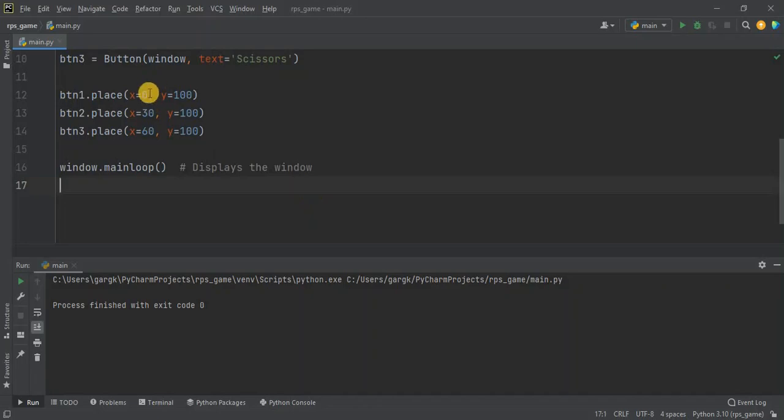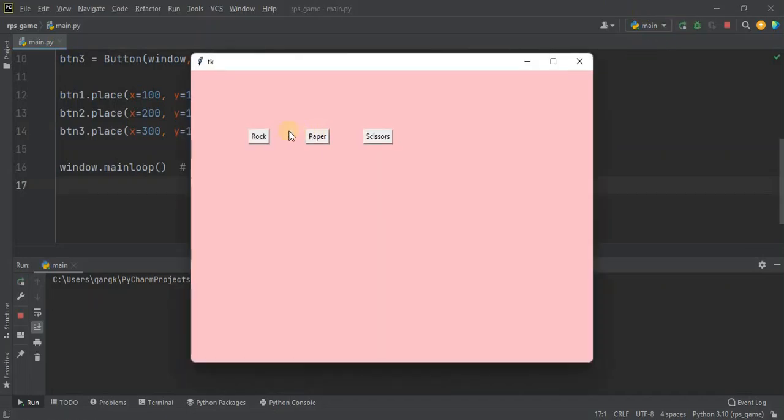And now what I will do is that I will go and say here 100, 200 and 300. Okay, now they are placed at a good distance from each other.